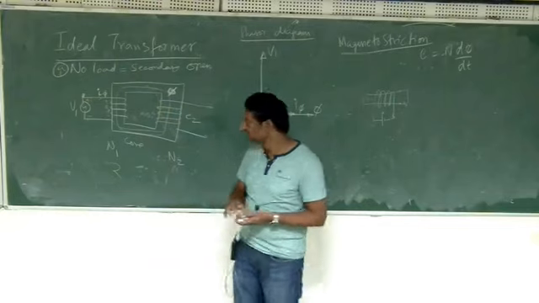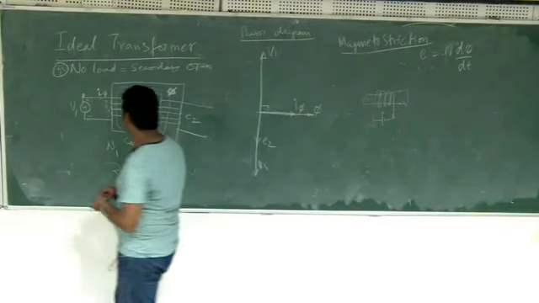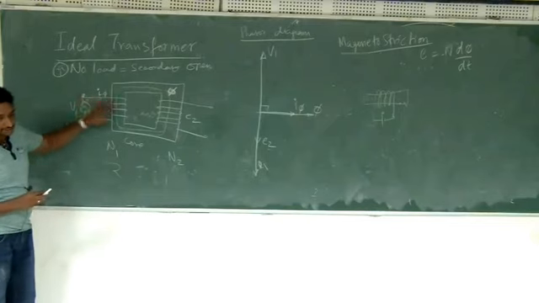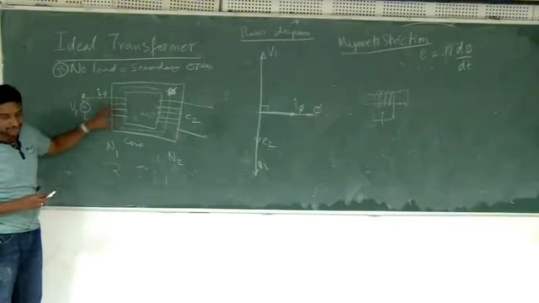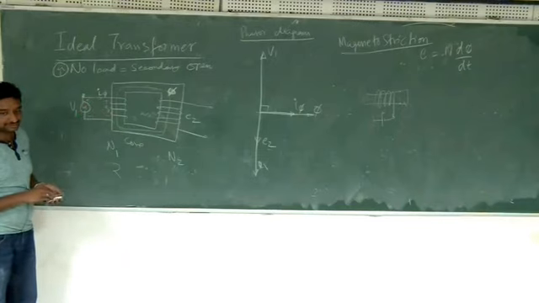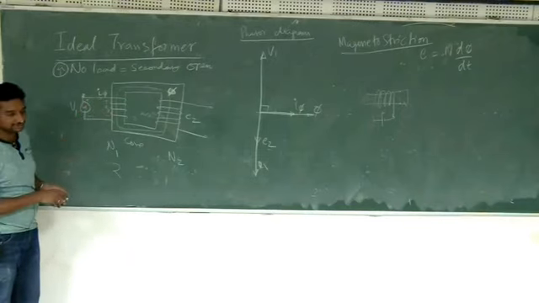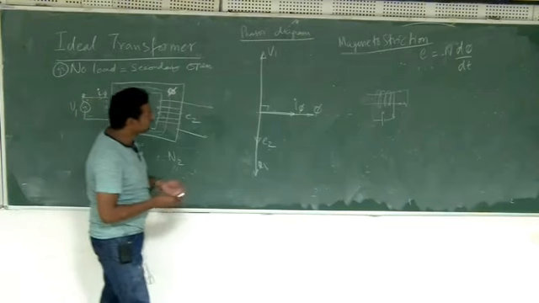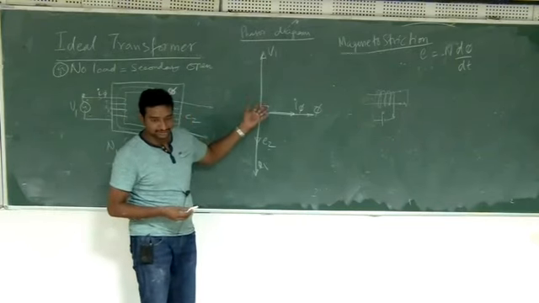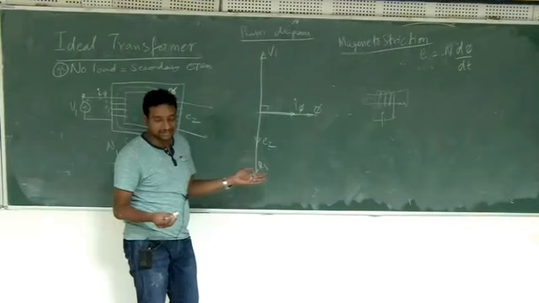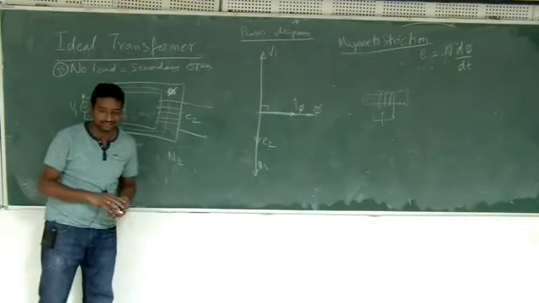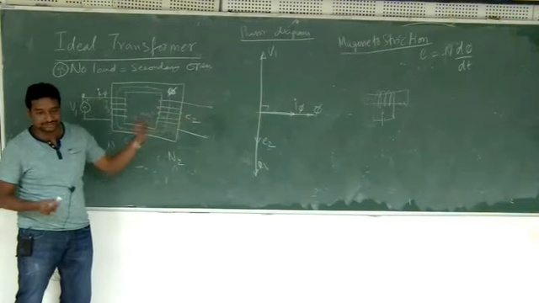See, in this case, if you measure the power flow, if you put a wattmeter here and measure how much input power, how much input power will you get? For the ideal case, VI cos phi. Cos phi means cos of 90, which is 0. Purely reactive power is going. Active power is not going. So the wattmeter measures only active power. So there is no active power going.